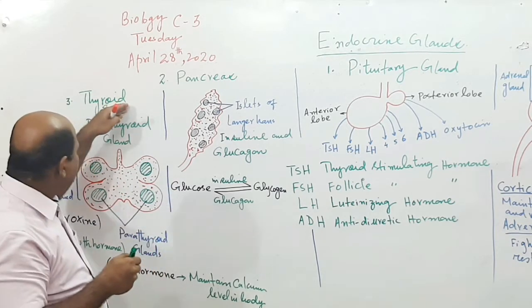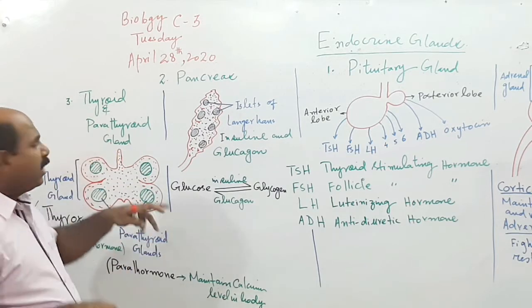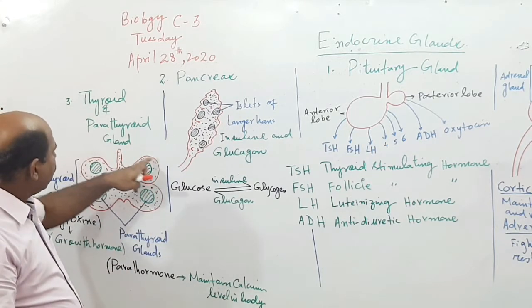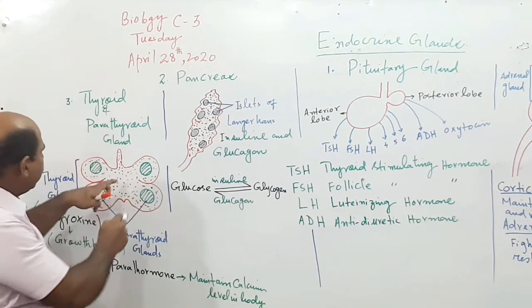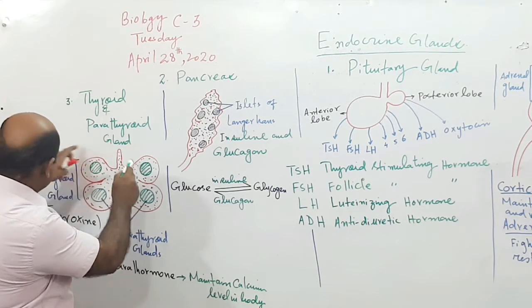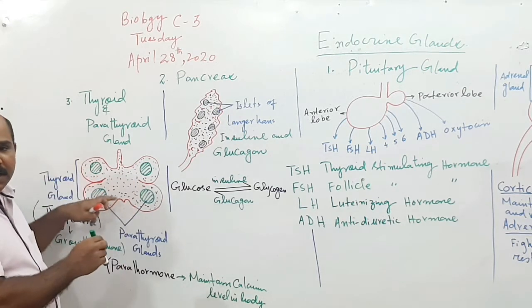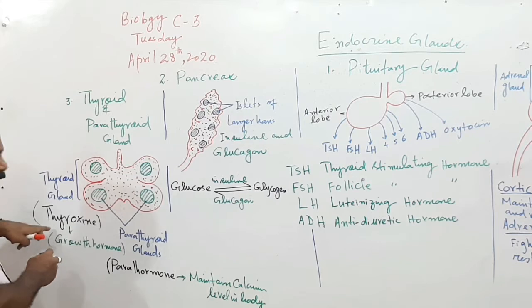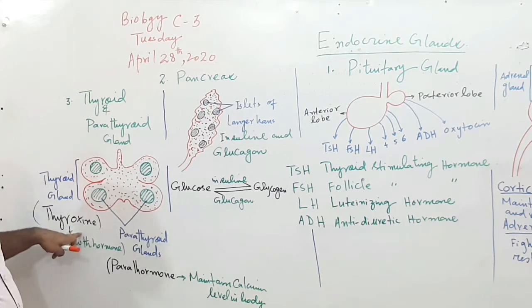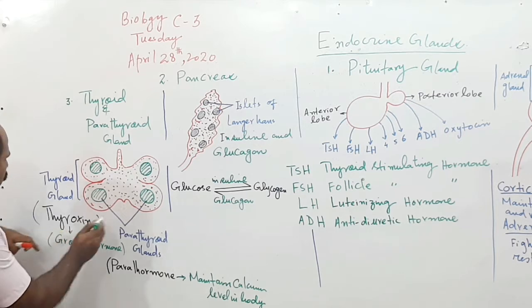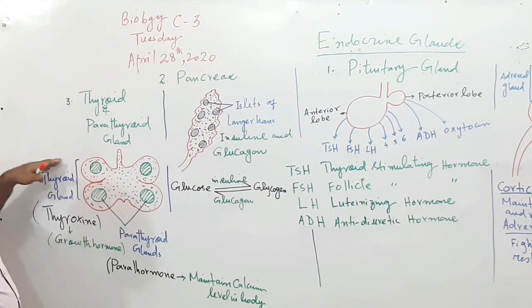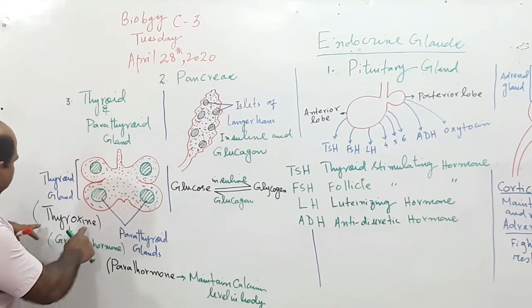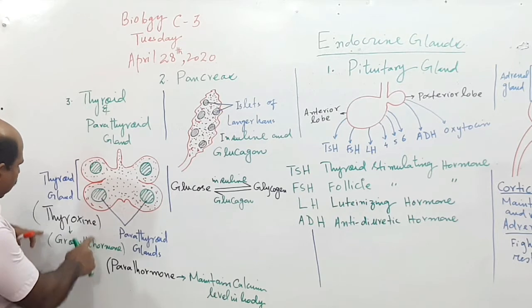the thyroid gland is surrounding the larynx. So this is the thyroid gland. This whole red portion is the thyroid gland, and the thyroid gland is producing the hormone that is called thyroxine. So thyroxine is the hormone which is produced by the thyroid gland, and thyroxine is basically a growth